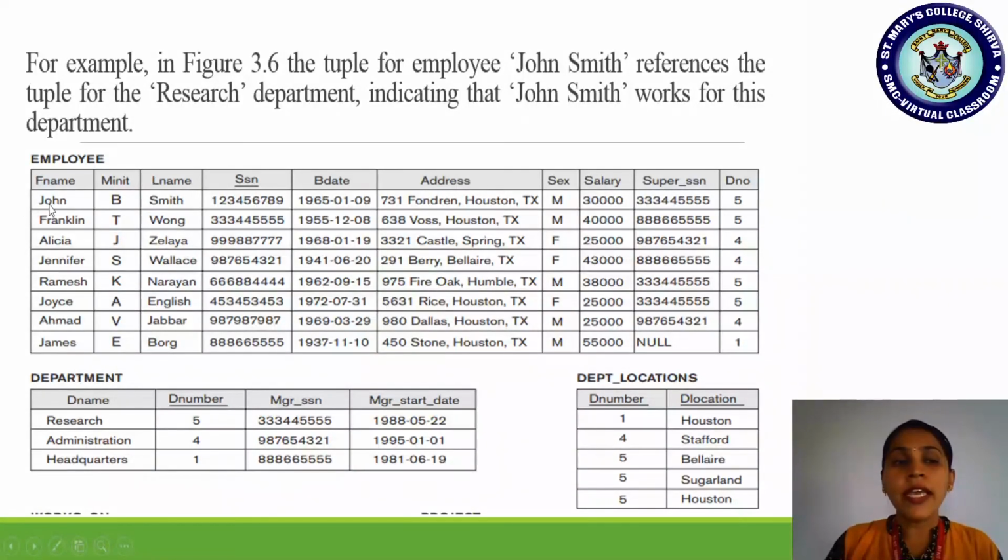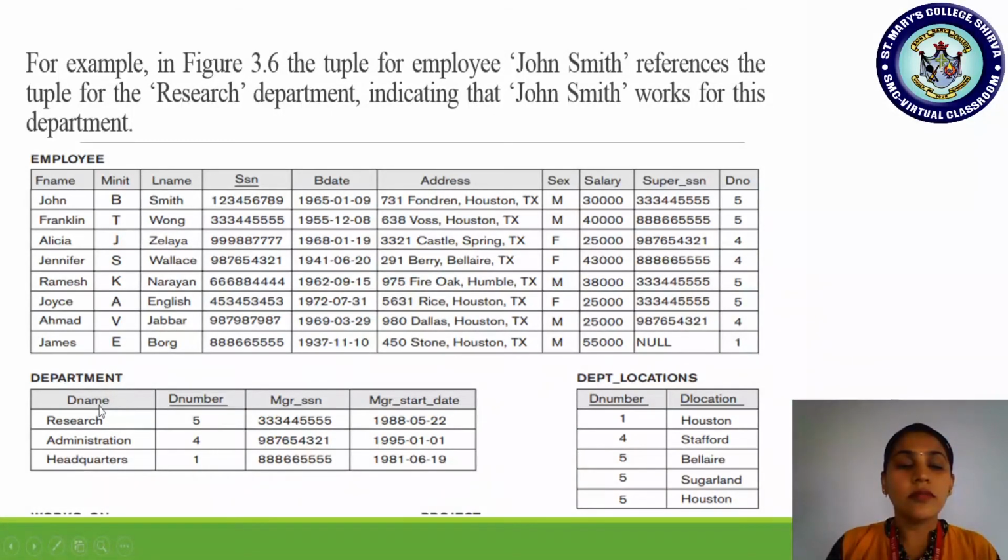So the employee name is John, and John has a supervisor who is going to monitor John. Okay, fine. Then DNO is 5. It means what? John B. Smith works in which department? Department 5.